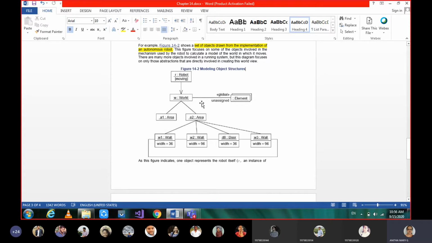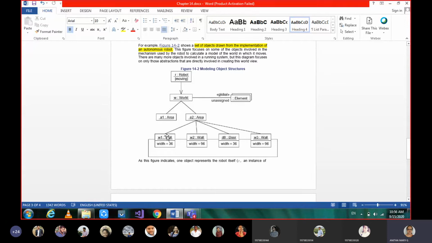Say maybe in a particular scenario, when a Robo is placed in a particular area only, how exactly can the object model be structured? So that's what we are seeing here. With this instance, the moving of Robo can be done for area instance A1 or area instance A2. Maybe it may move towards left or right. Say A1 is left and A2 is right, or front and back. Anything.